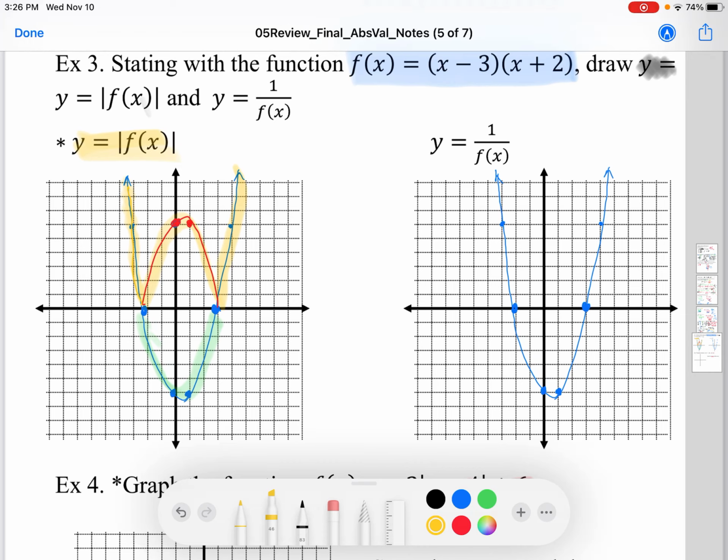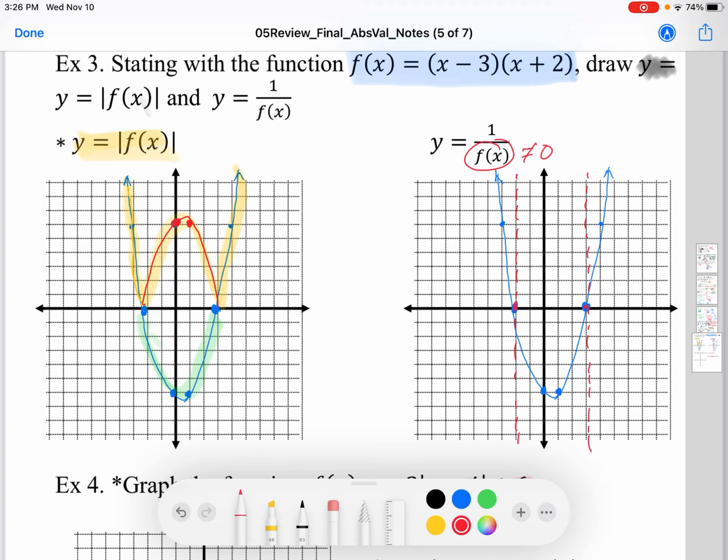The reciprocal one is the one that we really need to make sure we understand. This is on the final exam. The reciprocal is going to be based on the denominator equaling 0, or the fact that it can't equal 0. So where f of x is equal to 0 is right here and right here. Where they're equal to 0, when we do the reciprocal, we get a 0 in the denominator, and that gives us a vertical asymptote. We can't have that happen, and a 0 in the denominator can show up as a